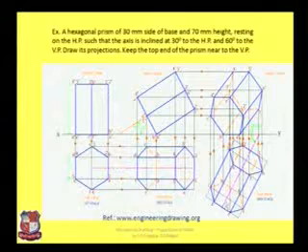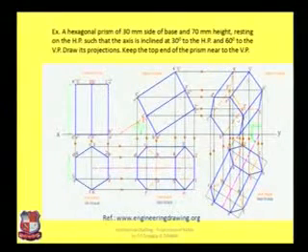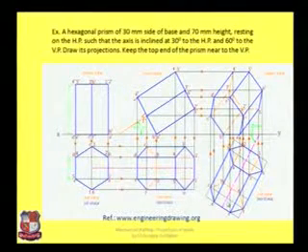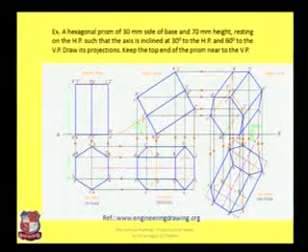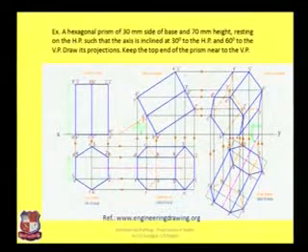Similar exercise do over here. Find out all 6 points a, b, c, d over here. As the abcd face is towards us, it will be visible. So join them with a full straight line. So this face is visible.